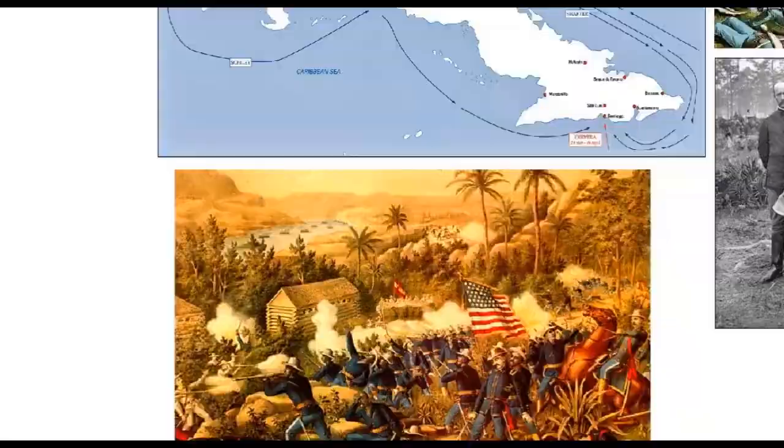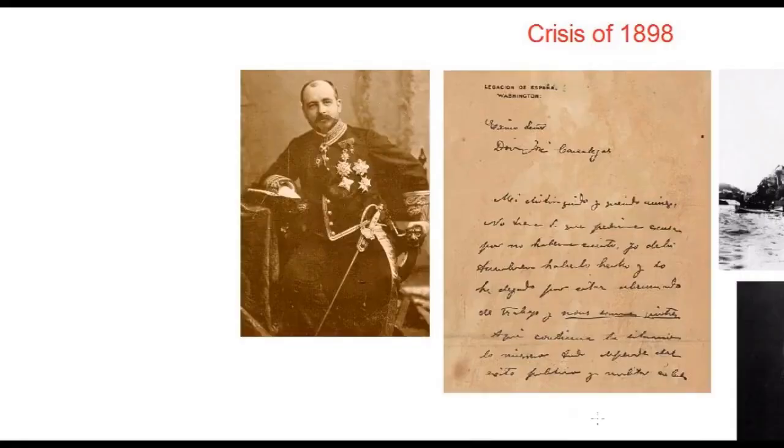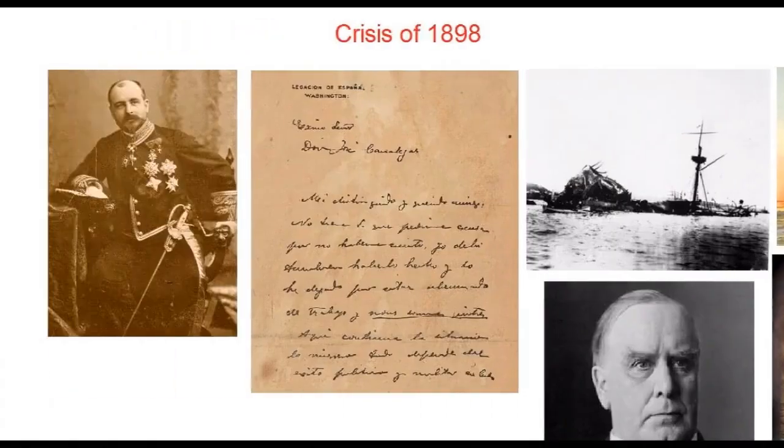America's president at the time, William McKinley, attempted to mediate the conflict in order to satisfy both sides, but it proved to be fairly unsuccessful. America had managed to stay out of this conflict until the year 1898. And it's in 1898 that we have a series of crises that ultimately pull the United States into the war.